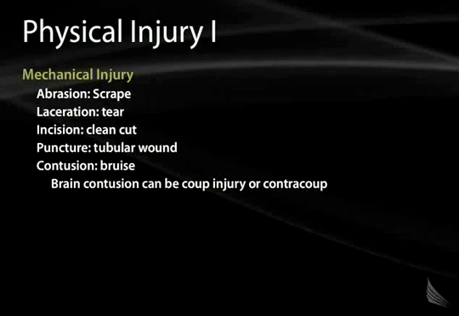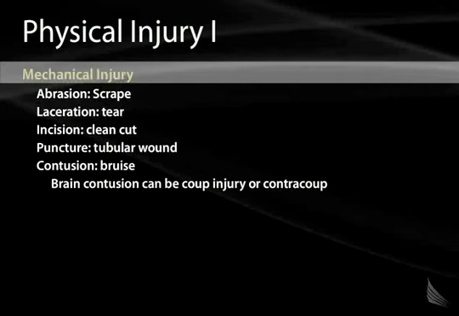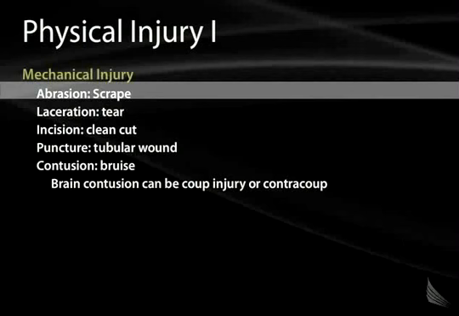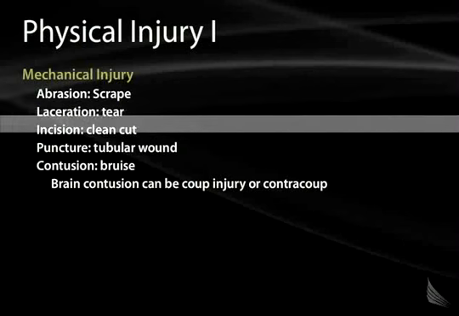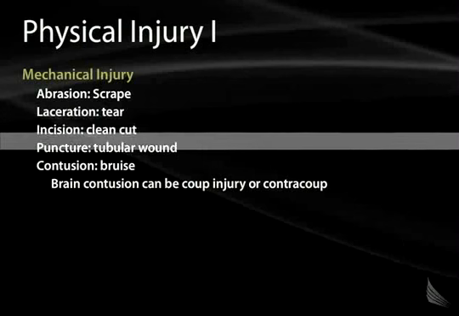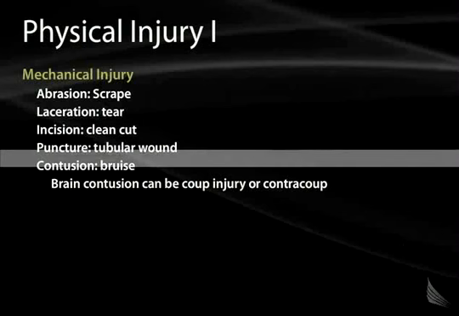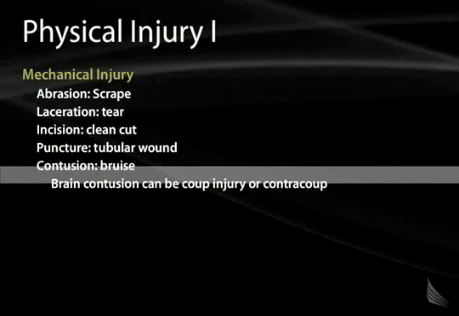Various physical injuries can also have an adverse effect on people. One wants to think of these most often in relation to trauma. We tend to define different physical injuries based on their effect on the skin. Hence, abrasions tend to be thought of as your standard scrapes that children may get into. Lacerations are tears in the skin, often with communicating fragments of skin going across them. An incision, on the other hand, is a clean cut, such as one might make with a surgeon's scalpel or a knife. A puncture is a tubular wound into the skin, and a contusion is simply a fancy name for a bruise.